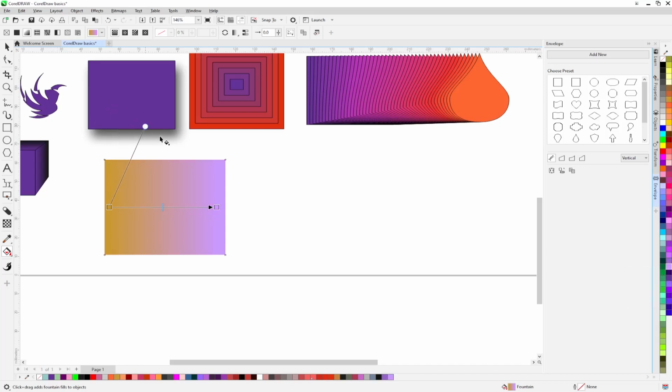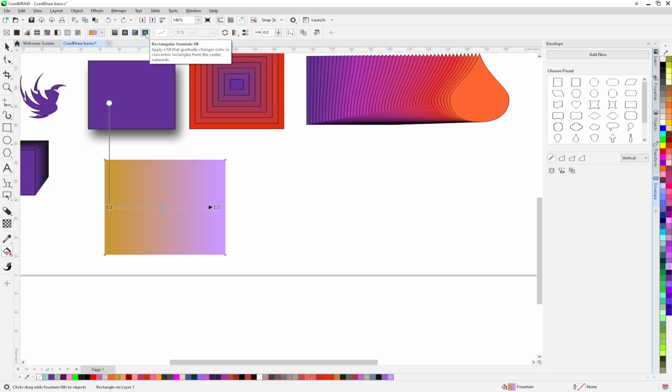You can also change the angle of the gradient here by dragging from this handle. And you can also do a linear gradient, elliptical gradient, conical, and